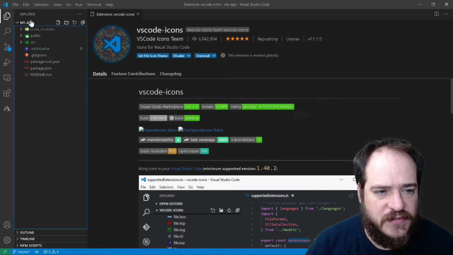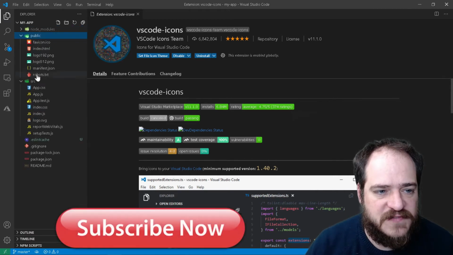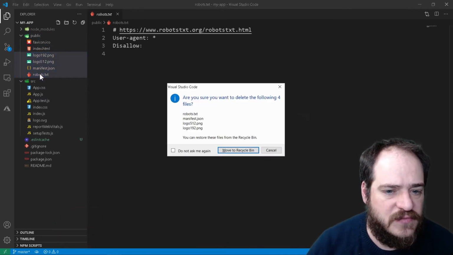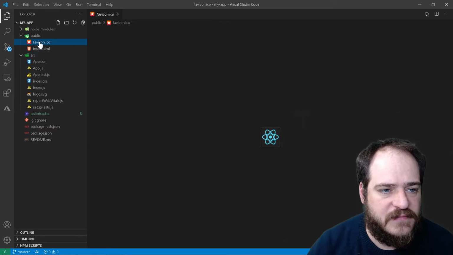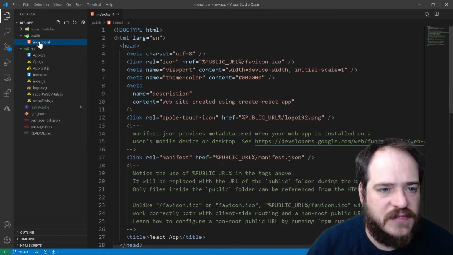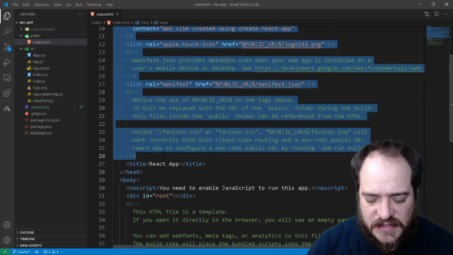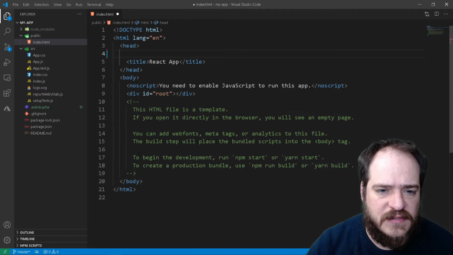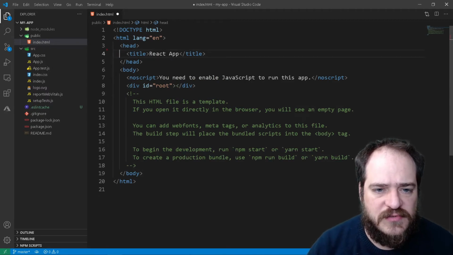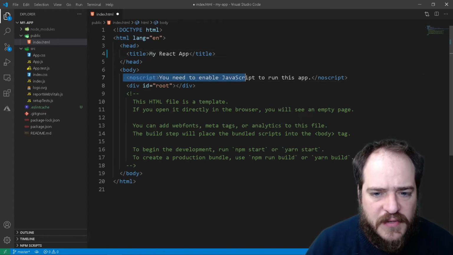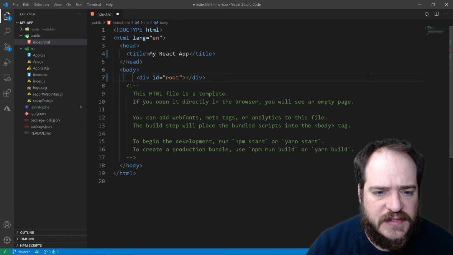Now we can go here, and we have a bunch of stuff here that we're not going to need. So this can go, image can go as well. The index I'll get over here, but the only thing that we're going to need here is going to be title. Okay, change here to my React app, and the body, okay, can be this,